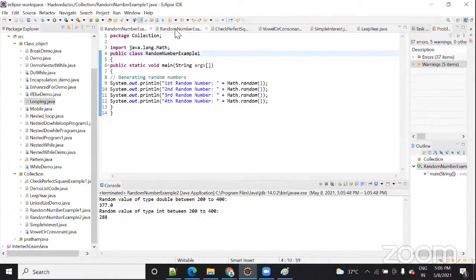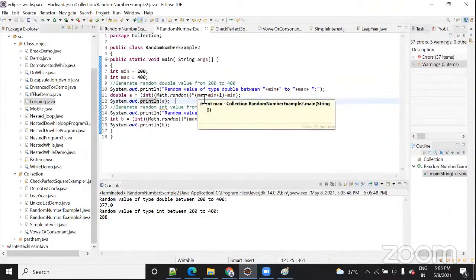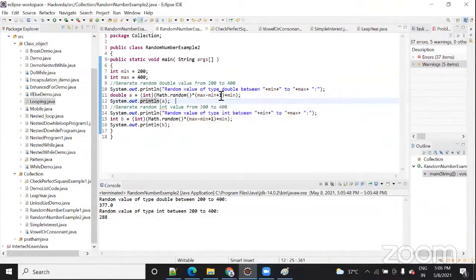Math.random. But here you can change it accordingly: whatever value comes, you can do multiplication. What is max 400 minus min 200, that is 201, plus min, that is 200, means 401, multiplied by the value generated by this.